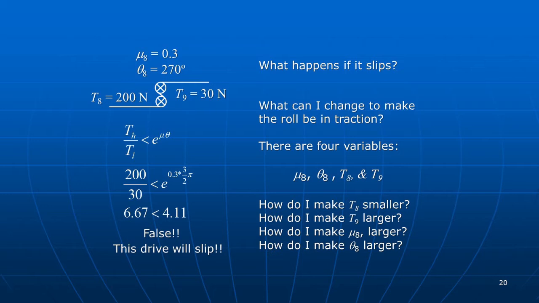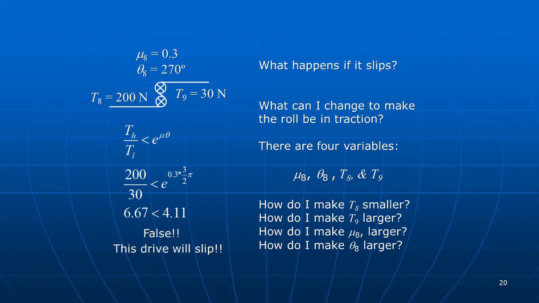Now, my first thought here is also most webs would have a hard time doing a 6.7 to 1 tension drop over a driven roller. That's a potential wrinkle problem. It's a potential viscoelastic recovery problem. And so I would try and lower the tension ratio before I would start thinking about coefficient of friction and